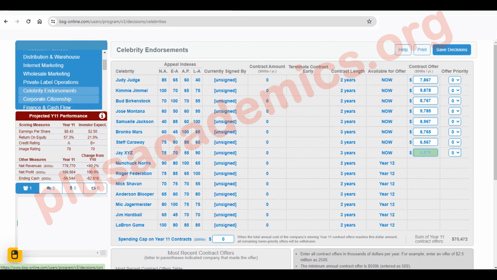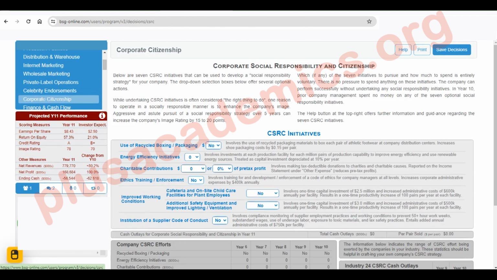Okay, so let us go to the next section, which is corporate citizenship. And usually we do not use the recycled boxing or packaging because it's expensive. But when it comes to energy efficiency initiative, we are going to offer 500, which is the maximum. And then charitable contribution, this time we are going to offer 2%. And then ethical training and strict enforcement, we're going to select yes, as well as